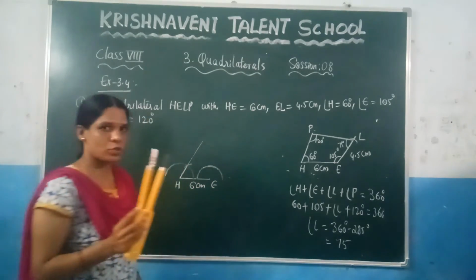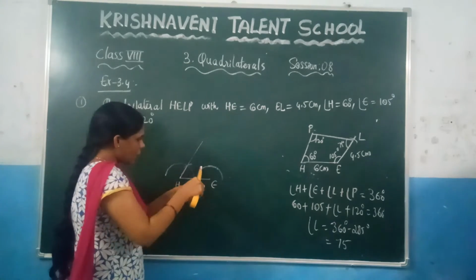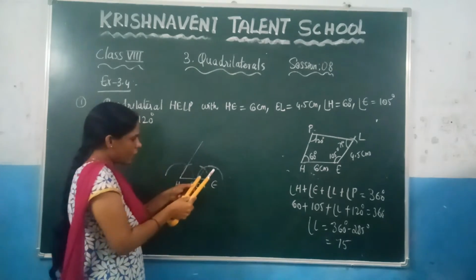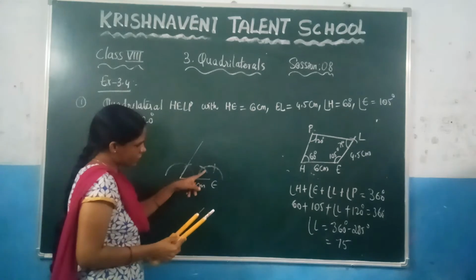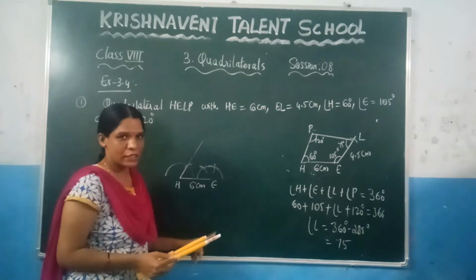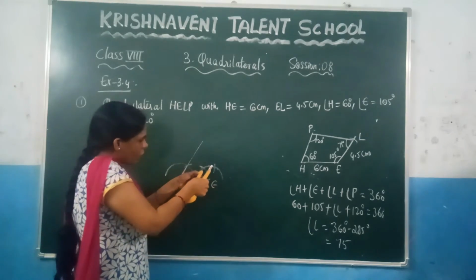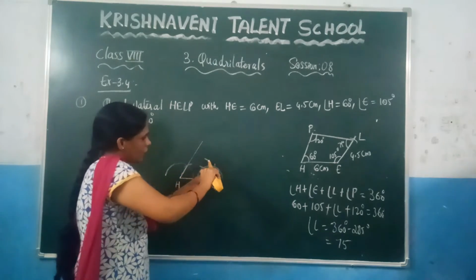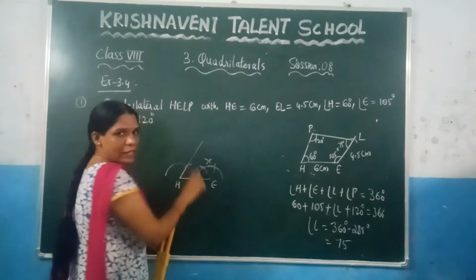So here you should not change this radius. At this point make an arc of 60 degrees. This is nothing but 60 degrees, right? And again at this point make an arc, one more arc. This is 60 and this is 120. In between 60 and 120 you will get 90. So here at this point take more than half radius and keep here one arc, and again at this point keep one more arc. So this is nothing but 90 degrees.